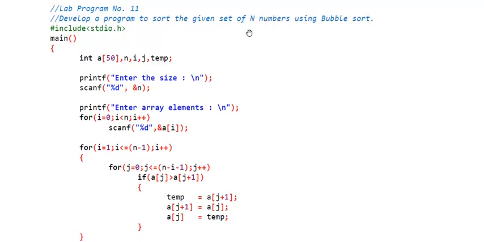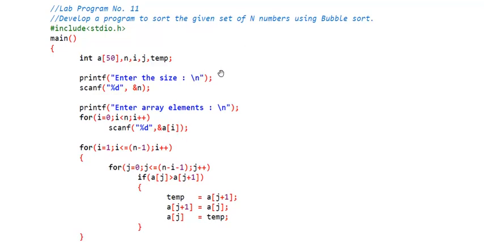In this particular program we will consider integer numbers, and a set of numbers is a similar set, so we will use an array. The user will give n integers, and those n integers will be stored in an array. The user will give those numbers in any random order, not in a particular order, and our program should be able to arrange them in a proper order.